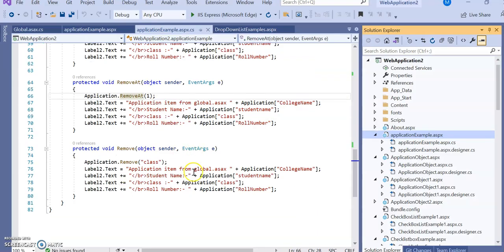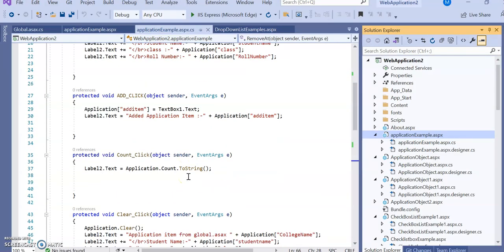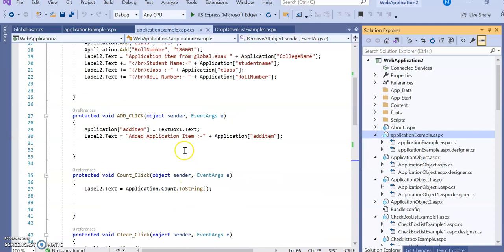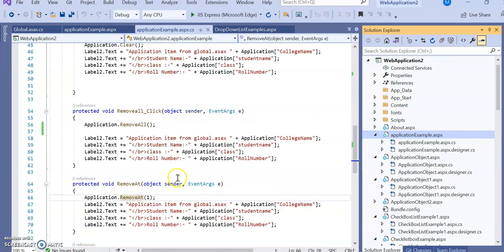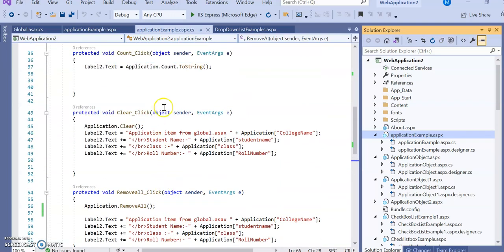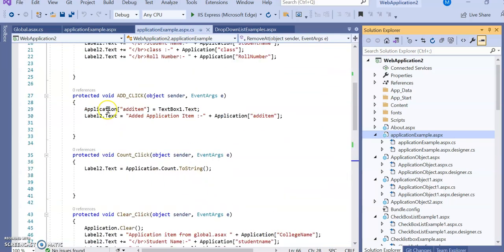Let's go to the code part. Now this add item, right now I have added directly into this add item, and I haven't printed it over here. That's why within RemoveAll and RemoveAt, you haven't seen that item.